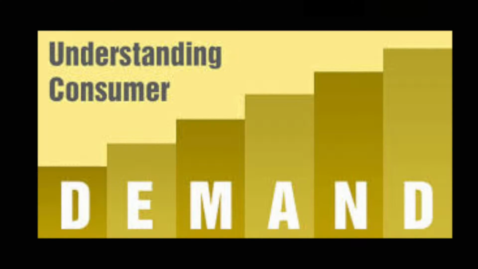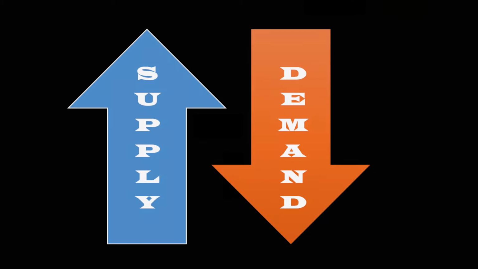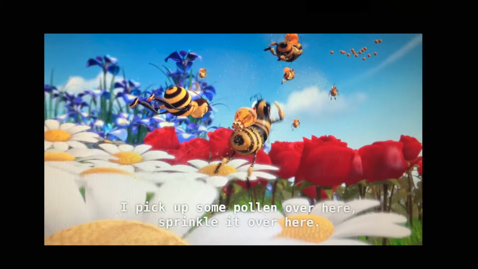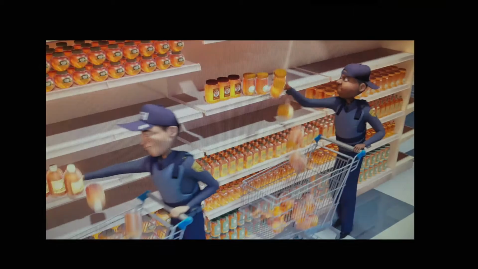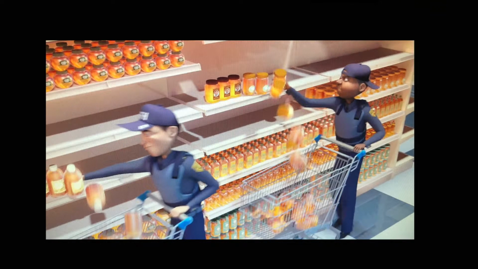Demand is the desire to own something and the ability to pay for it. In this case, the change in the demand for honey is affecting the bees directly. Before, the bees would pollinate and receive nectar, then produce the honey. And in this process, some of the honey would go out to the humans for their consumption. Now, the humans are not allowed to have any honey, therefore causing the bees to get all of their honey back. The demand for honey has now decreased, as the humans are not consuming it anymore.